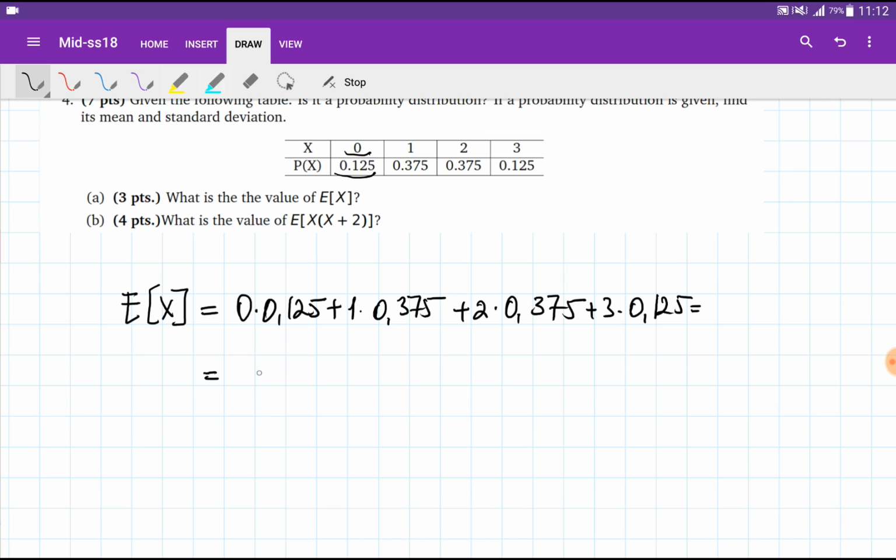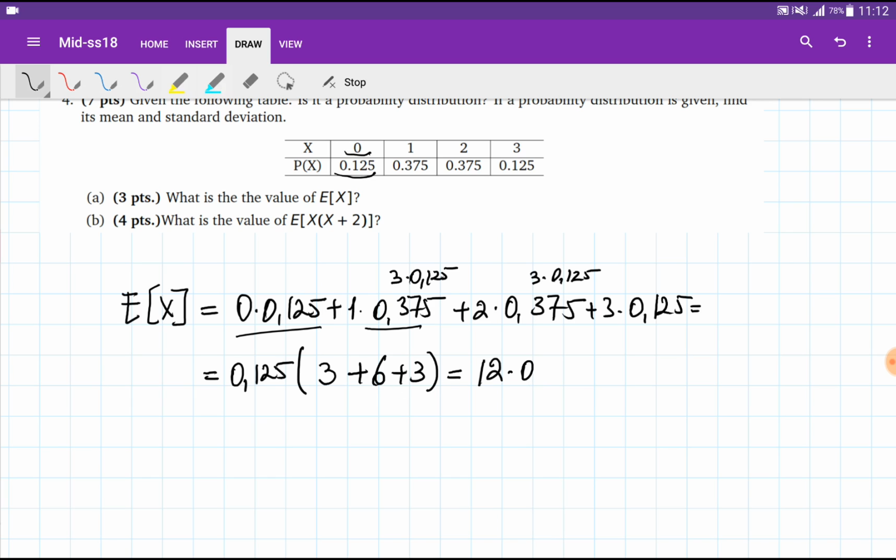So I can take out the 0.125 out of the brackets. So this is 0. Here I will have 3, because this is 3 multiplied by 0.125. This is again 3 multiplied by 0.125, right? So this will be plus 6 plus 3, which is equal to 12 multiplied by 0.125,